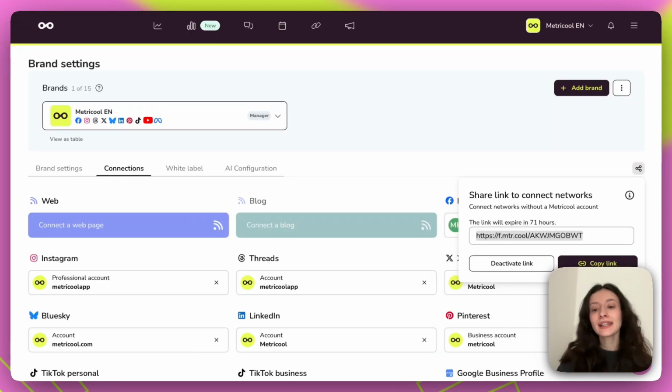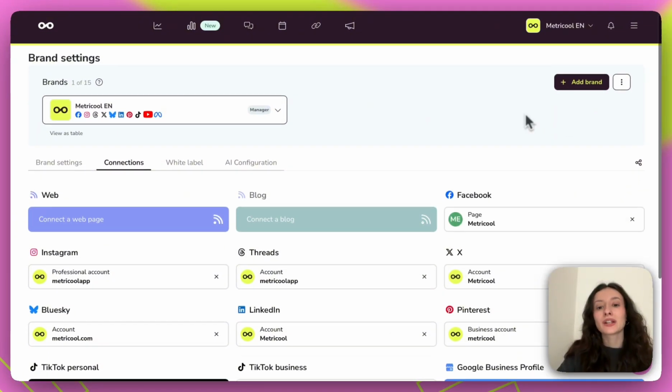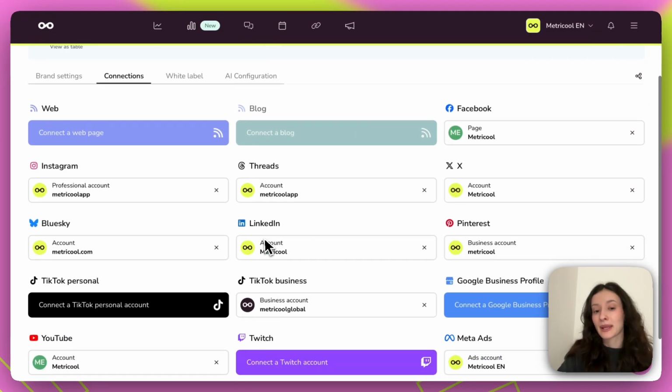Now back to the link, I want to mention that it does expire. As you can see here, the link will expire in 71 hours. So if the client does not use it in time, you can always come back and generate a new one. Or if you generated a link and you don't need it anymore, you can just click on deactivate link to deactivate. So once the client is done, you can go back in here and check that the expected accounts show